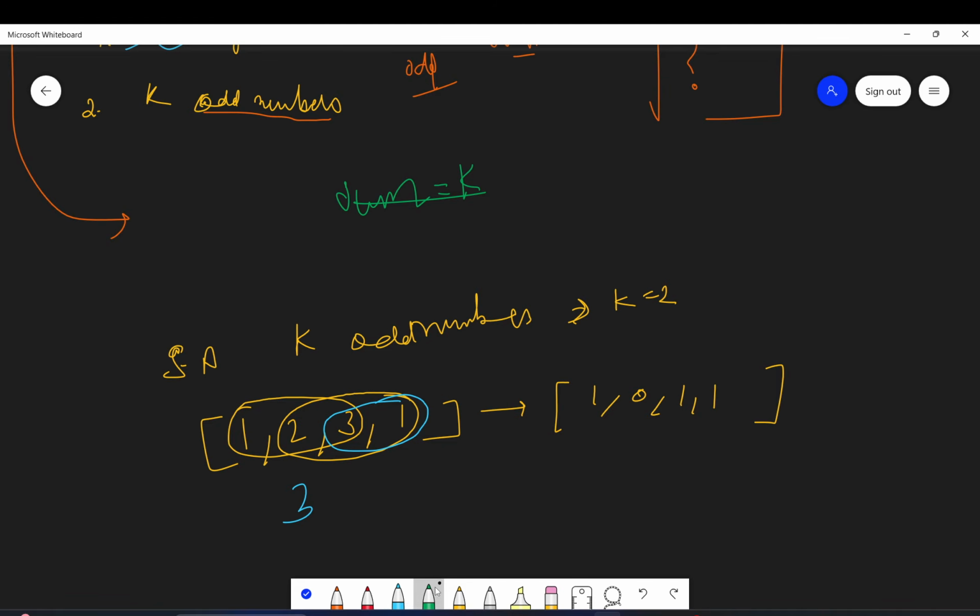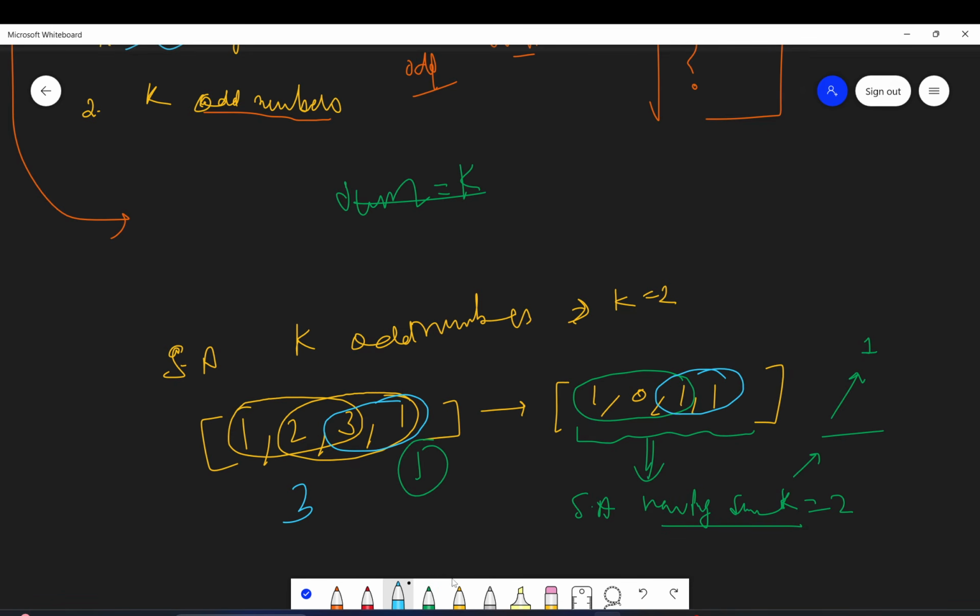Here also, if this is the array, we have replaced the odd numbers by 1, so we have to find subarrays having sum k, because we wanted to find k odd numbers and odd numbers are now replaced by 1. So if k is, let's say, 2, this will be one subarray, and this will be one subarray.